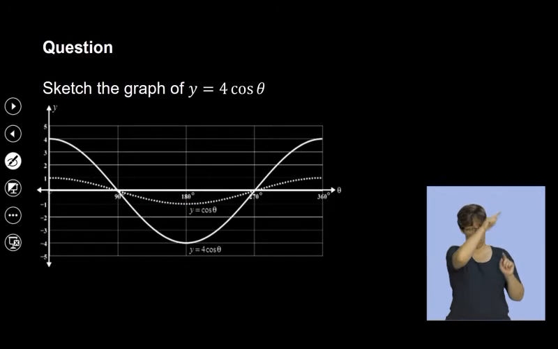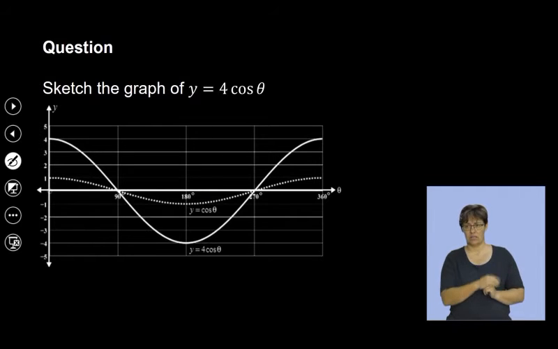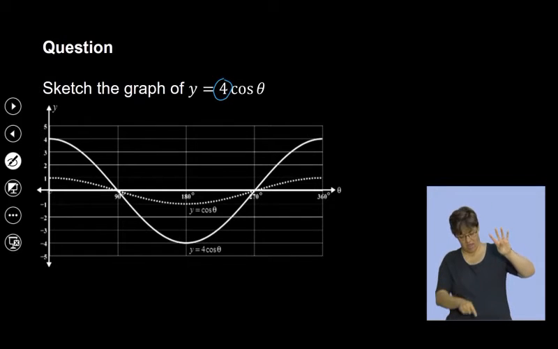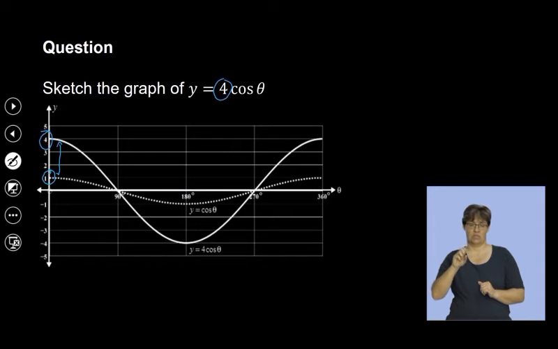But if I draw this, the easy way, by the way, of doing this is just to stretch the mother function, or the parent function, we call it. And to stretch it, it means this 4 says that you stretch your maximum to be at 4, and you stretch your minimum to be at minus 4. So it was at 1, it gets stretched to 4 there. Therefore, my amplitude now becomes 4 and no longer 1, like with the original